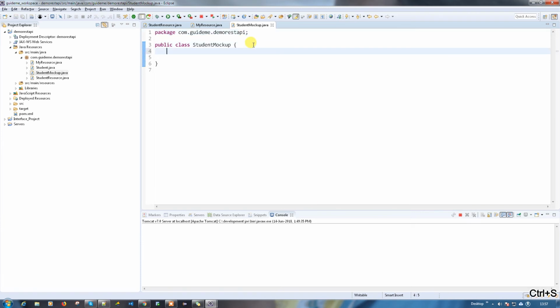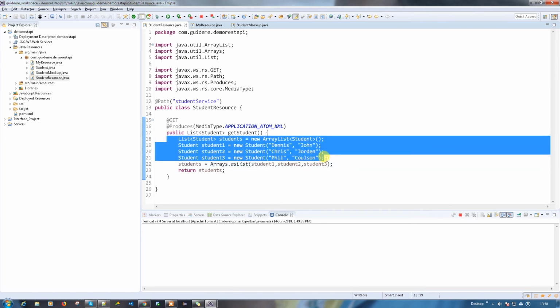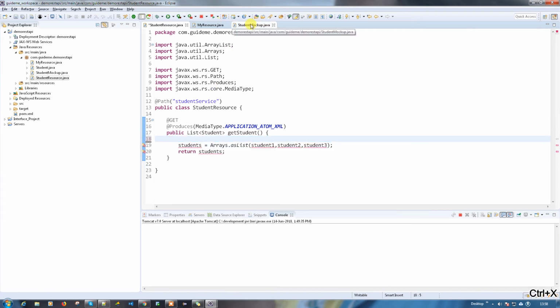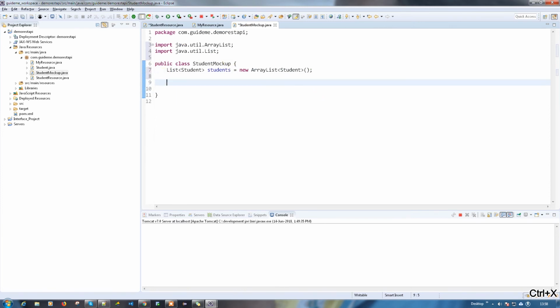Here, the first thing, let's write a method to return the list of students. Under the student resource, we have a method to return all these students. Instead of returning all those things here, I have a mockup class which returns the information from the database. Here I mean the database is a mockup class. Let's cut this, and I'm going to put it into student mockup here, and I don't want this here. I'm going to create a method, public list of student